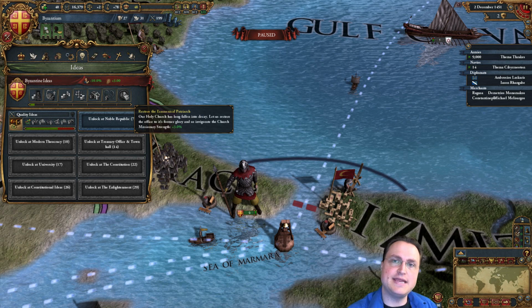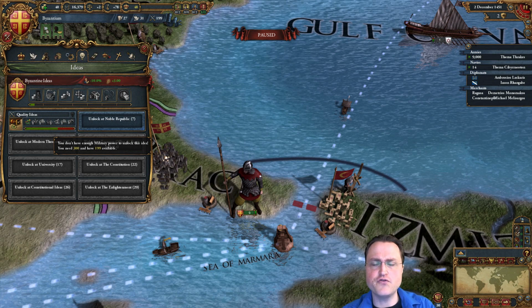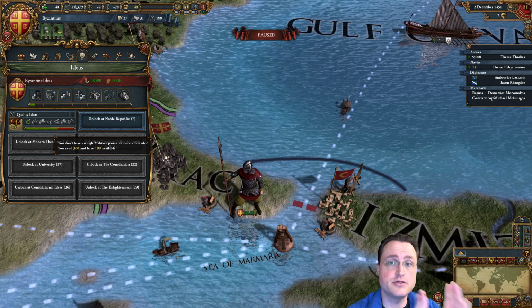And what's interesting is the idea by itself doesn't give you anything. Filling this idea slot doesn't give you anything by itself. But the idea has multiple levels within it. And when you reach every 300 power points in the appropriate category, you can unlock the next level of this national idea. So, for example, in my game as Muscovy, I really needed a lot of administrative power,